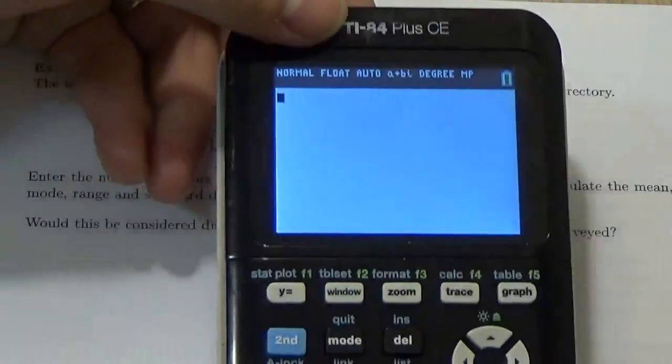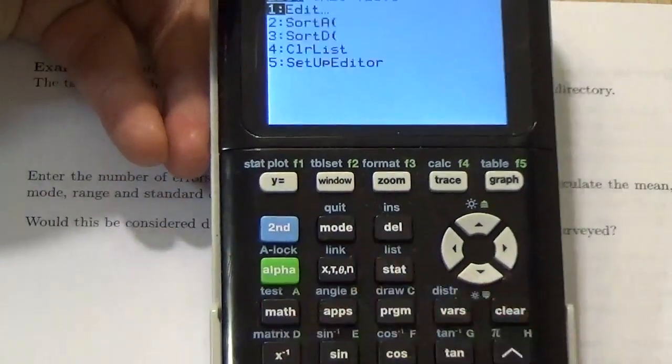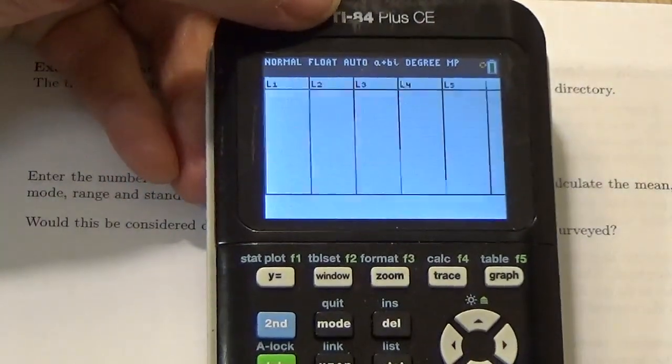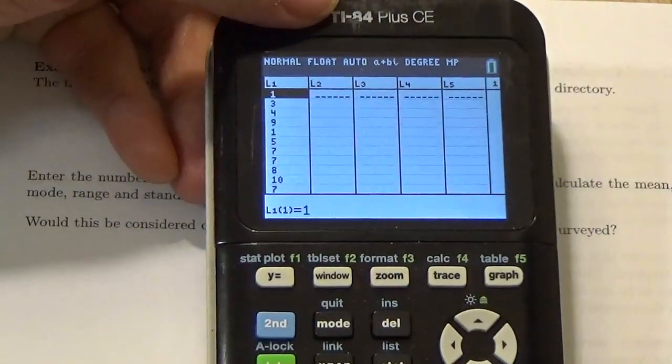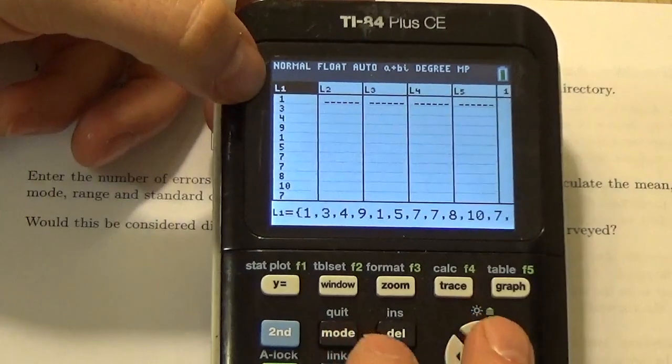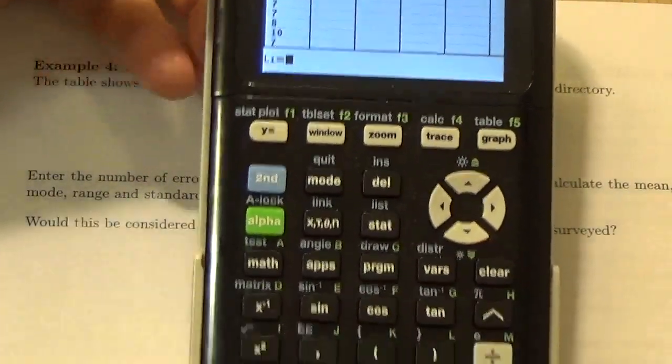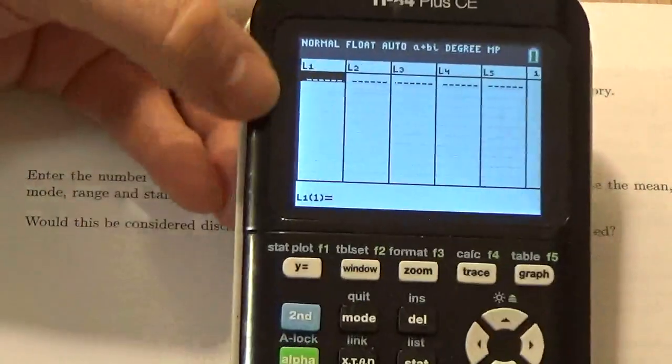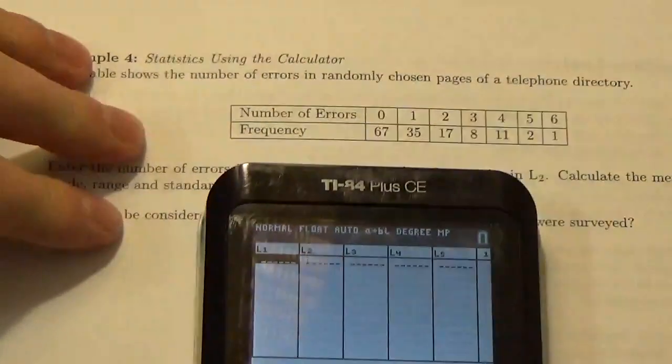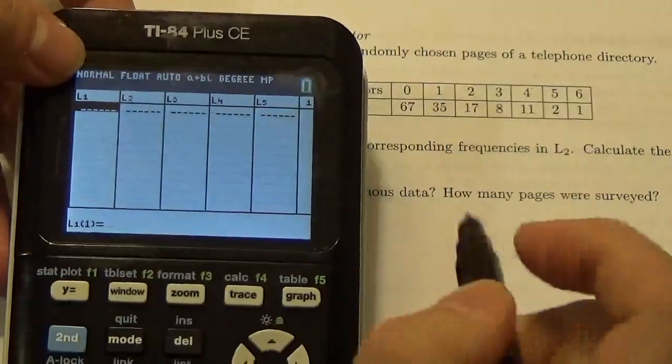So here we go. First of all, I'm going to press Stat. We're going to go into Edit. The data I have in here was from a previous question, so to get rid of it, I'm going to go up to the title, press Clear, and then Enter. That cleans up my data. Now what I'm going to do is enter